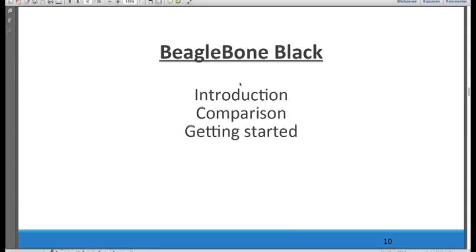Why have we chosen the BeagleBone Black? The BeagleBone Black is a very powerful tool. When we talk about microprocessors or single board computers, most people know Arduino or Raspberry Pi. So the first question arises: why did we choose the BeagleBone Black? If we compare the BeagleBone Black to Arduino or the Raspberry Pi, it is very important to know that the